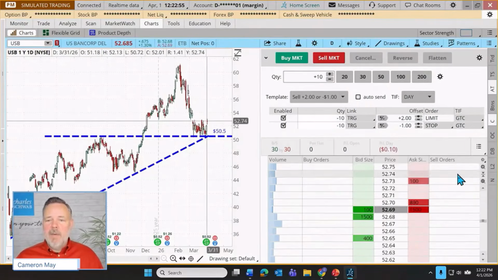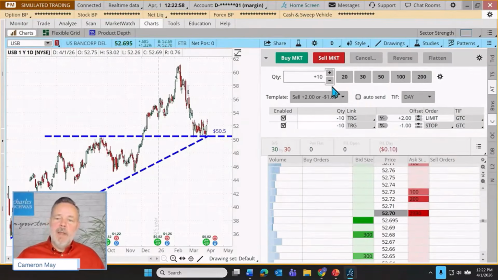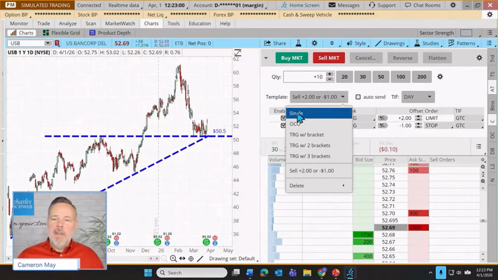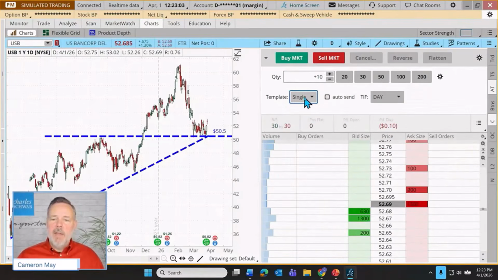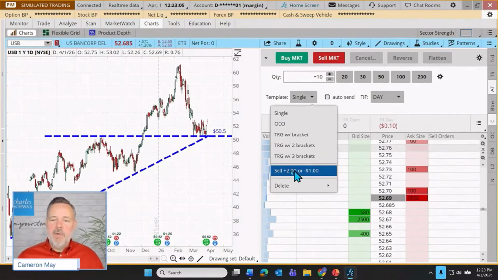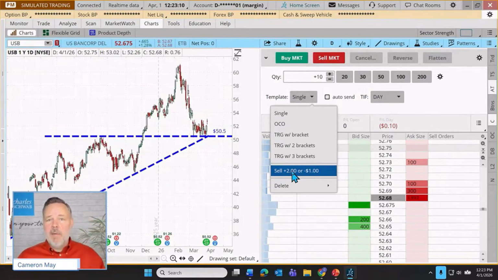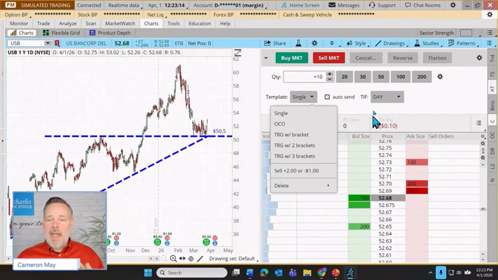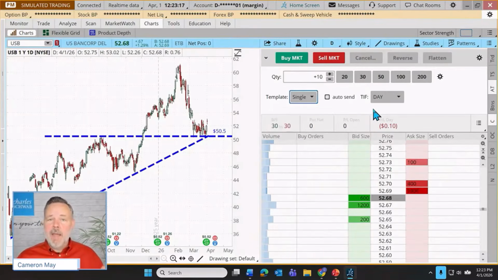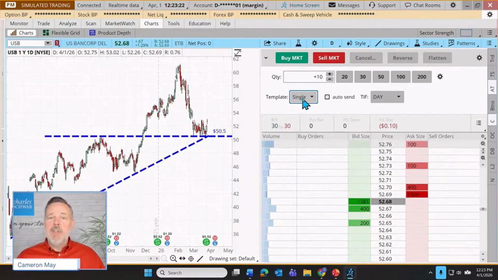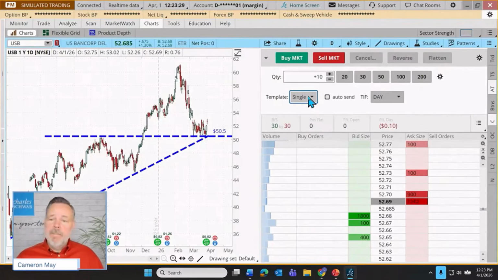Let's just click save. And now the next time I go to place a trade, right down here under the, if we had a single order, I could go to my template that I've set up that's an order to buy those 10 shares and sell them if I made $10 or sell them if I've lost $1. So you can see how that can be a very quick time saver, right? Now I'm not going to put that order in. I did want to show how that template is built. And you can experiment with that on your own after the webcast is concluded.